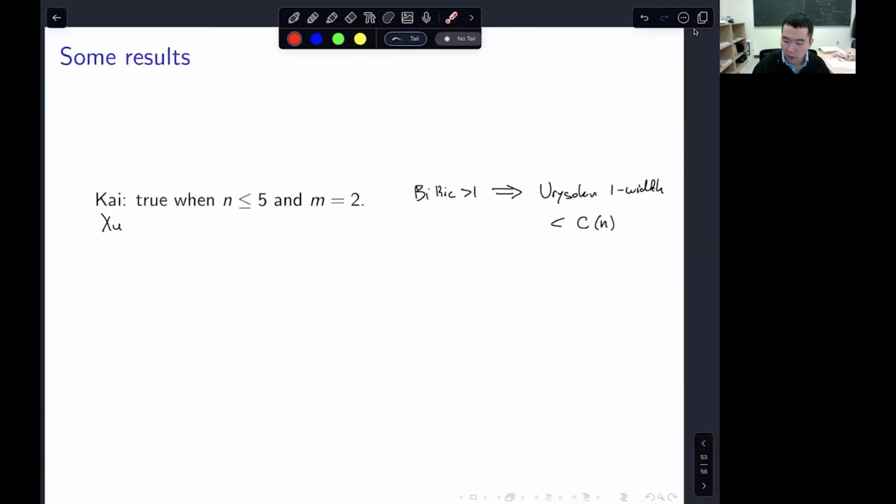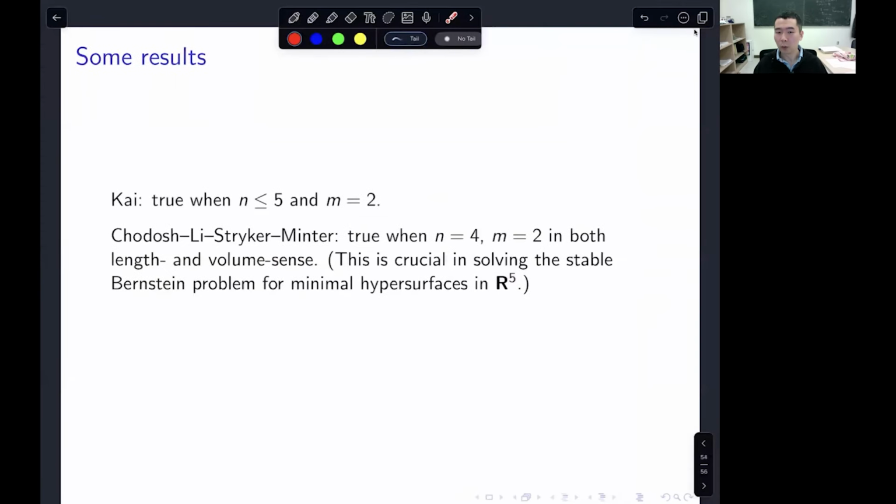And recently, we've been very lucky to discover that when n equals 4, one dimension lower, and m equals 2, still in the bi-Ricci case, the microscopic statement is also true in the volume sense. In other words, if you are a 4-manifold with bi-Ricci positive, let me write a few more words on exactly what I mean by this. M^4, g has bi-Ricci